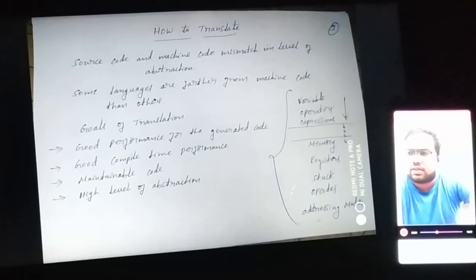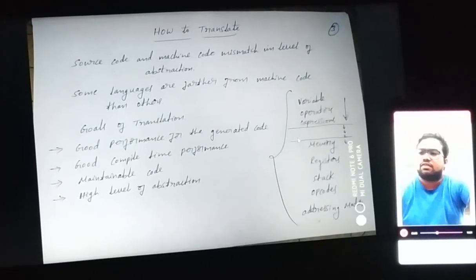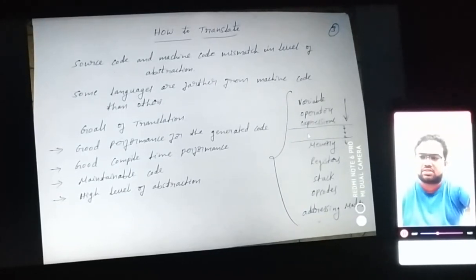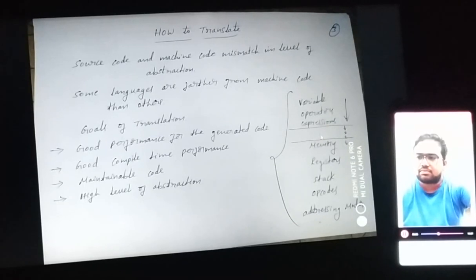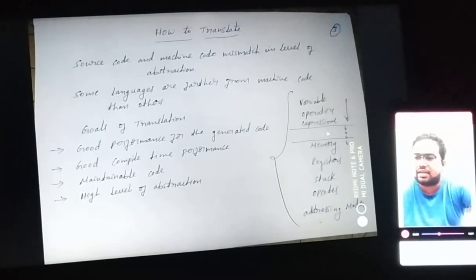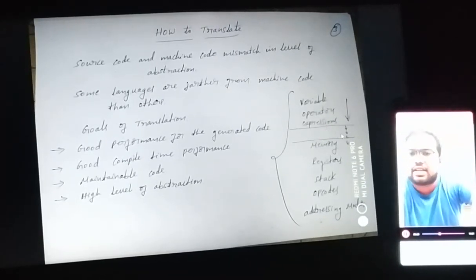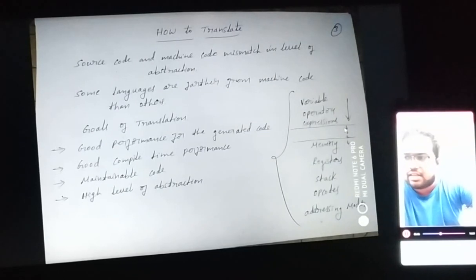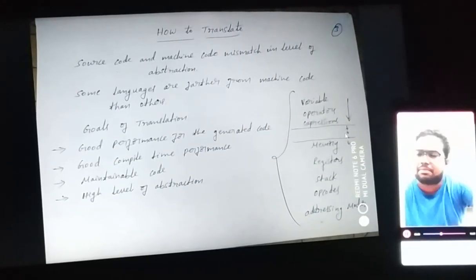And you can take this whole in-between phase, that is converting from the source code, which is with respect to variable, operator and expressions, to memory, register, stack, opcode, addressing code pattern, and the in-between stage you can take as a compiler stage. And this stage as a whole is a difficult task, and you can analyze this as a step-by-step approach, where you can take a single arrow mark followed by another one, followed by another one.